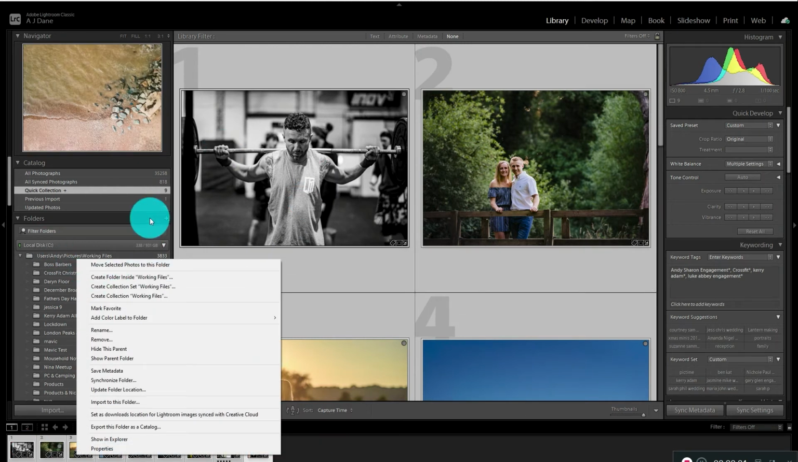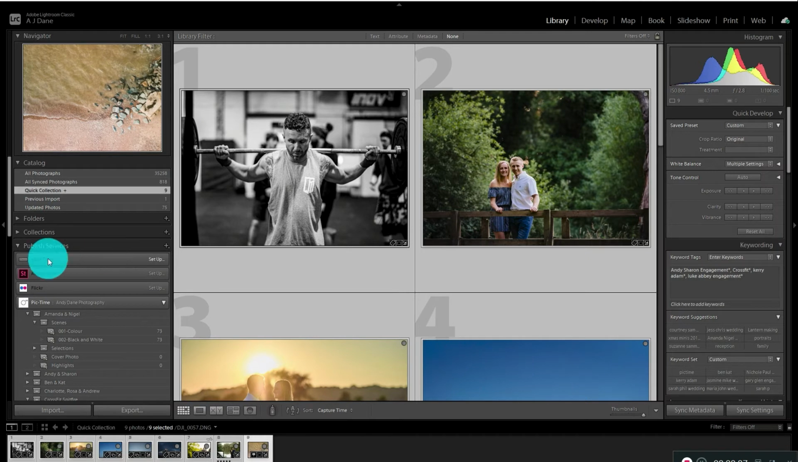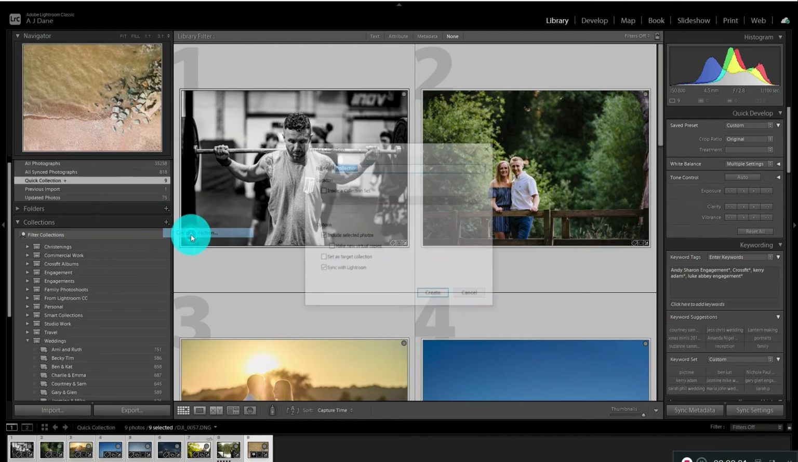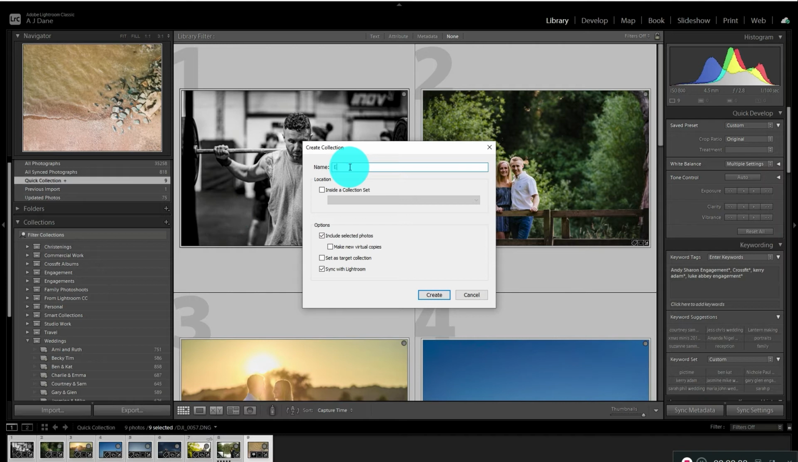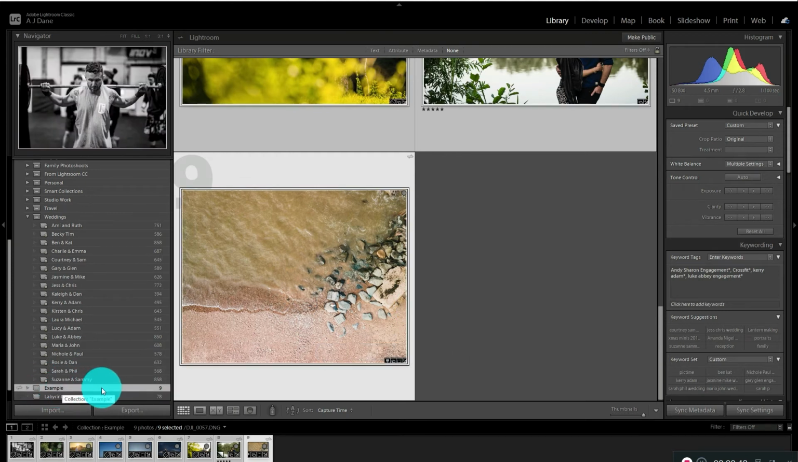I'm going to create a collection. So I'll come down to my collections. I'm going to create a new collection. Let's just call it example, and there's a button here which is sync with Lightroom. I'm going to make sure that that's ticked. I've got these images selected, and I'm going to create that. So now I have this